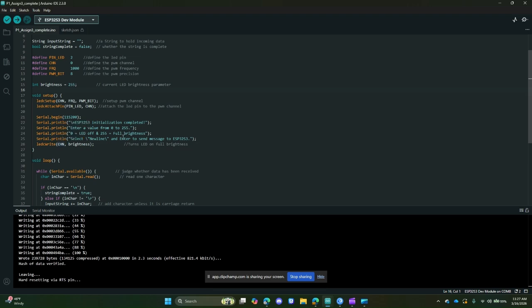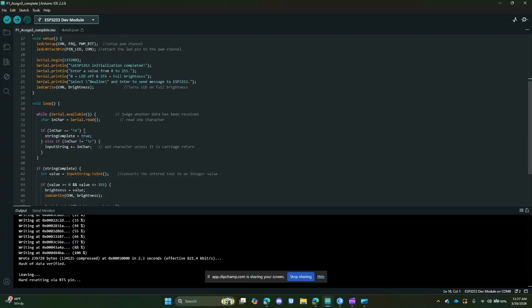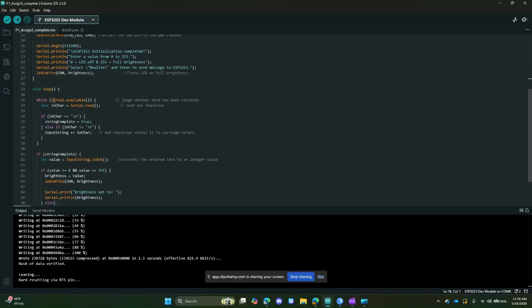Once you do that, it's going to pick up on that value, and channel 0, which since we set it here is defined, it's going to change that brightness to whatever value you put in there. And the loop, which happens continuously, once this portion is completed, it's going to figure out whether or not the data has been received. It's going to read the character, make sure that the string has been completed,